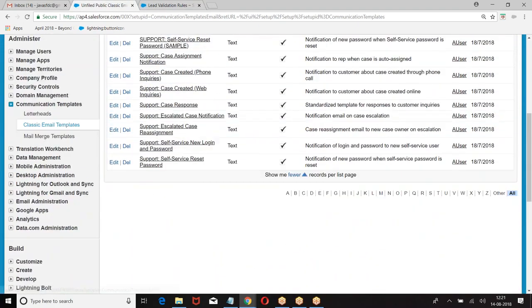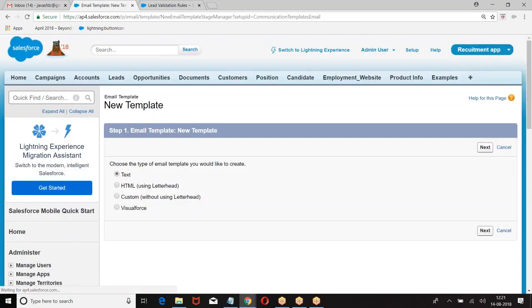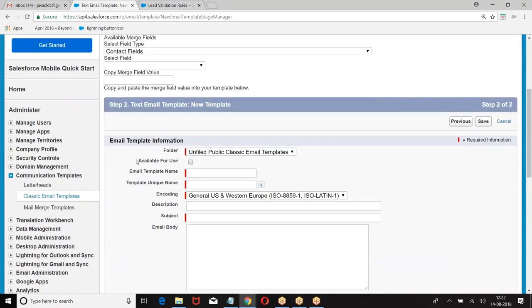All these are standard templates which are created by Salesforce. New template. Choose text or HTML. I will choose text. Enter the template name and mark it available for use. When I enable it, then only I can use this template.